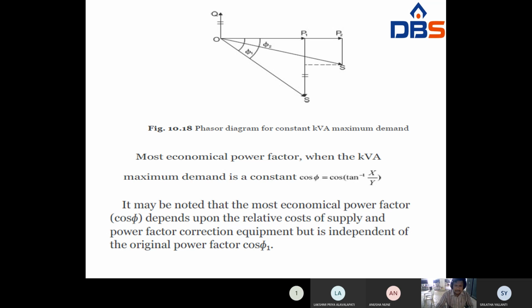So in the next class we'll discuss the capacitors, where the capacitor is installed and